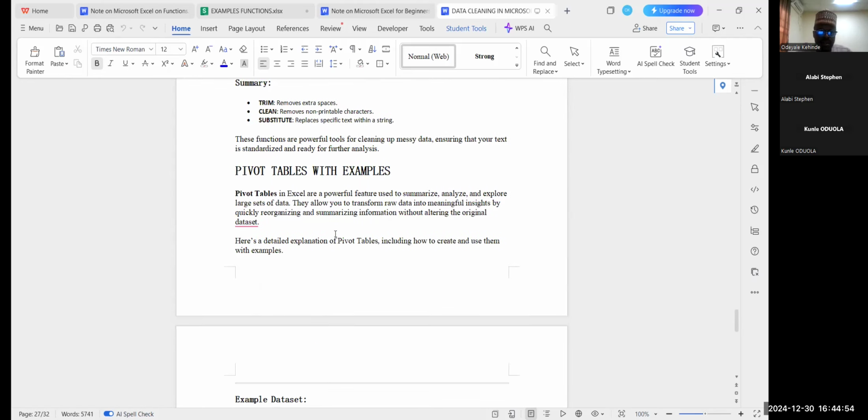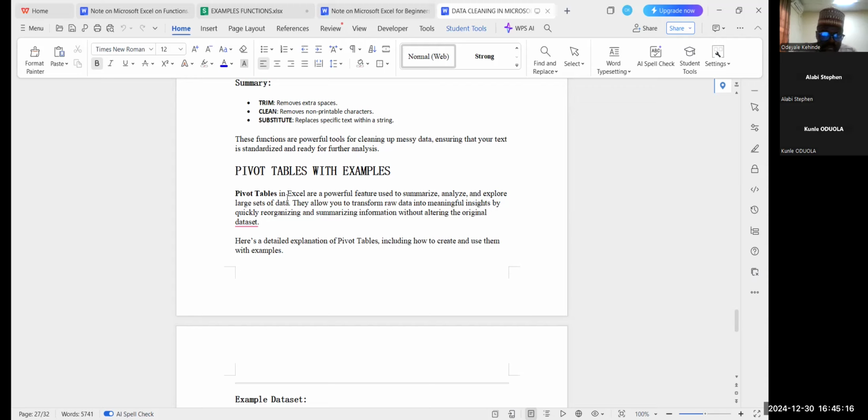Now, I hope you can see my screen. Yes. Okay, thanks. Now, pivot tables in Excel are a powerful feature used to summarize, analyze, and explore a large